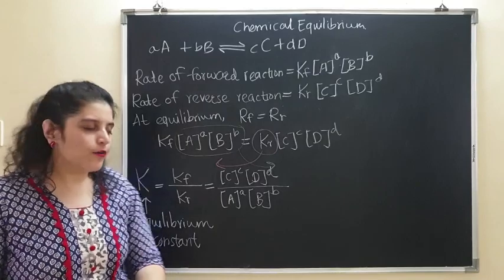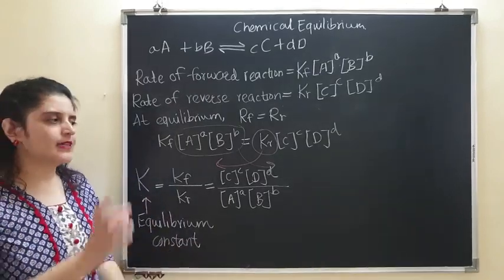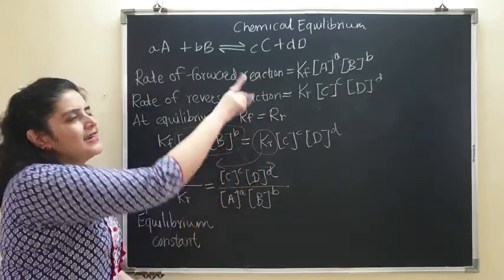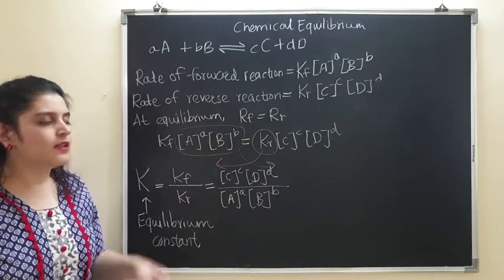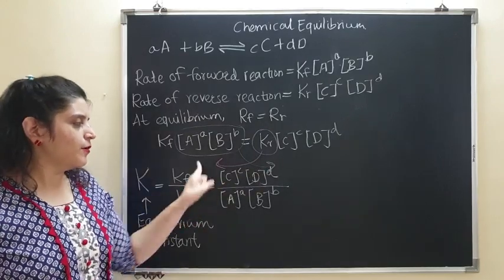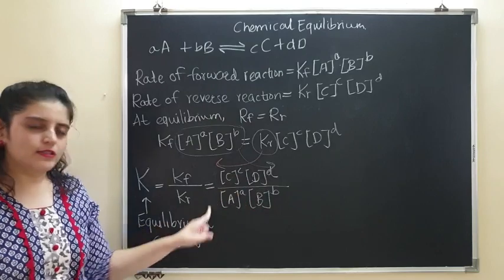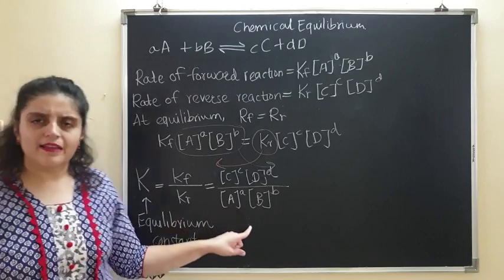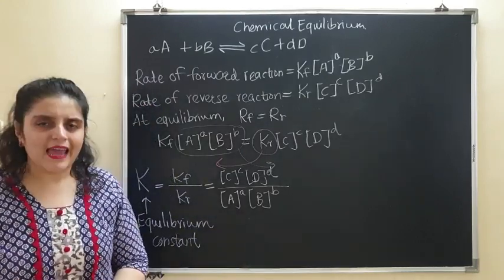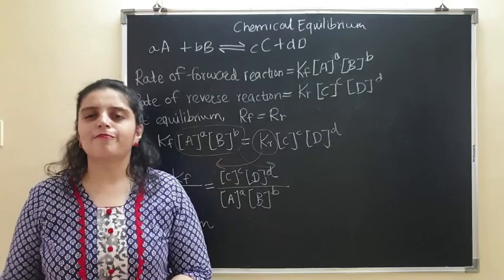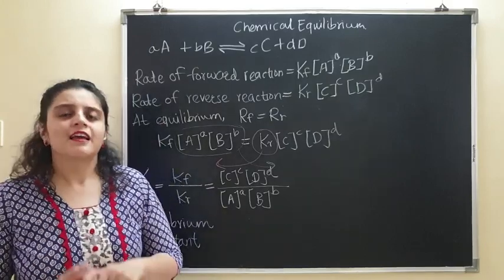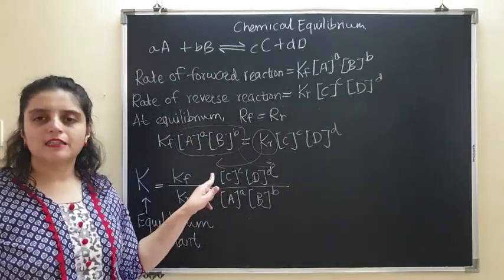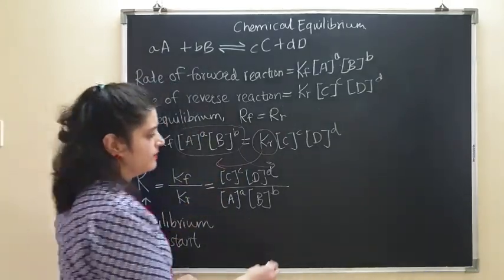So what you need to remember over here is, whenever we are writing equilibrium constant, the concentration terms of the products are going to be in the numerator, because C and D are the products of the reaction. So the concentration of the products are going to be in the numerator, and concentration of the reactants are going to be in the denominator. Now if we want to represent this equilibrium constant in terms of pressure, because when we are talking about gases, we mainly talk about the pressures of gases, we can simply represent this concentration sign by pressure sign.